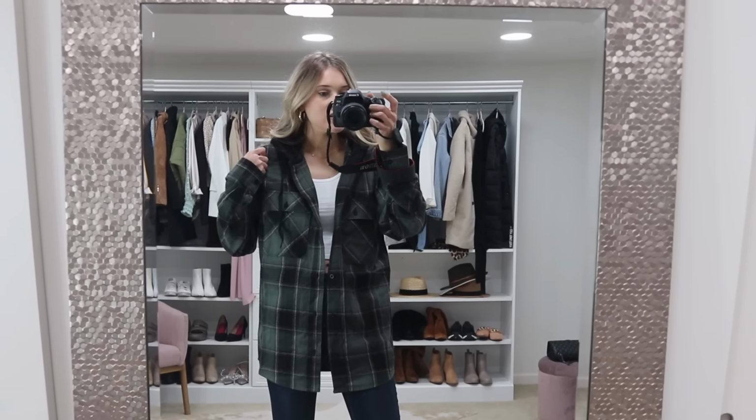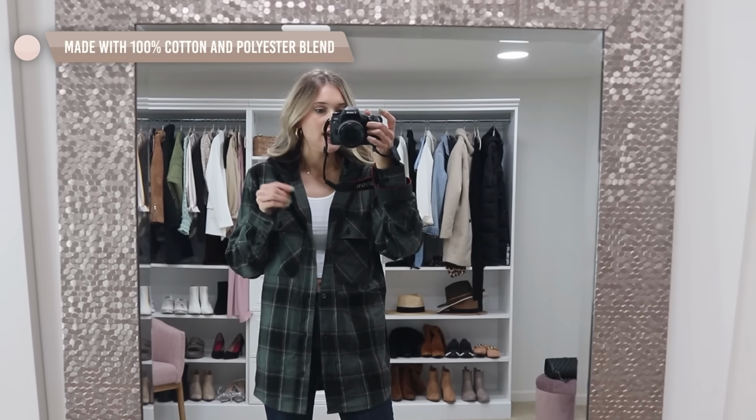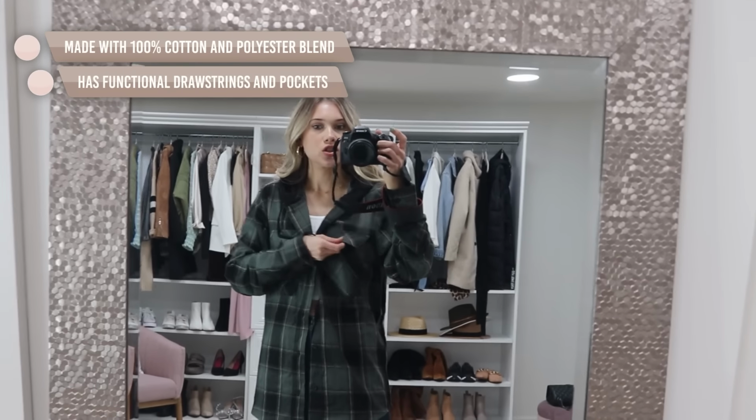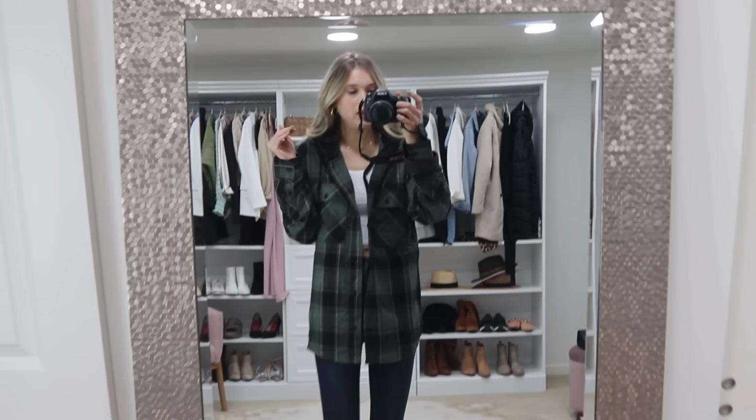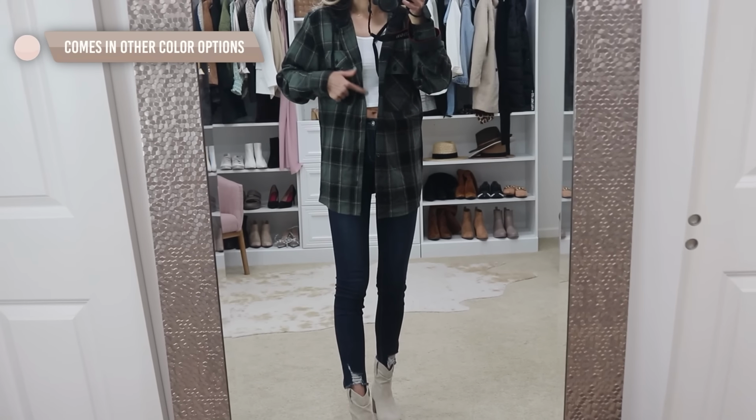So it's this really nice, soft, 100% cotton material. It does have drawstrings up here, 2 functional pockets. I love this hunter green and black combination. It comes in probably 3 or 4 other colors, and I have it paired with a tank top and then